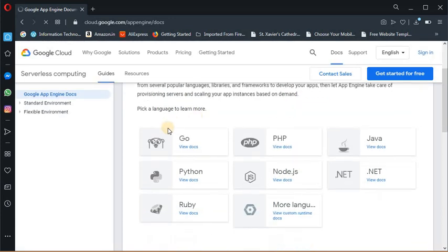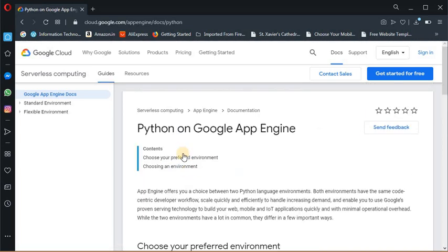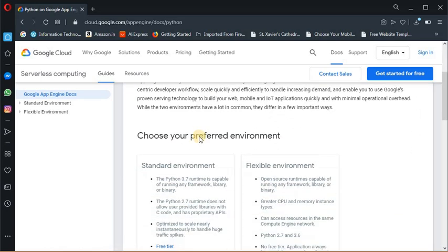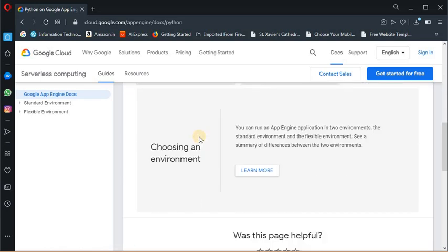There you can find different things available: Go, PHP, Java, Python, Node.js, .NET, Ruby, and more languages. As we are moving with Python, you just click Python here. You can see Python is open for you now.